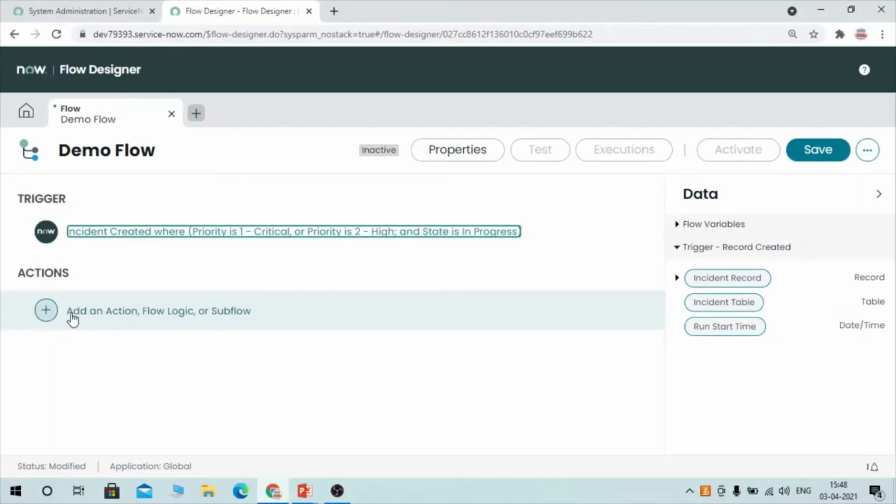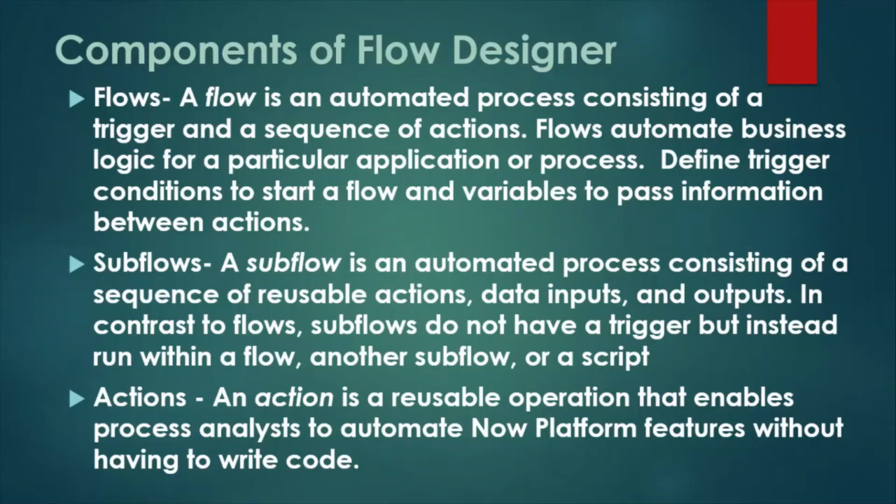Okay. So this is also one of the most important components of Flow Designer. So let's try to understand action first, and then we'll try to create it. Okay. Actions. An action is a reusable operation that enables process analysts to automate Now Platform features without having to write code. So you could see here we are concentrating on without having to write code.